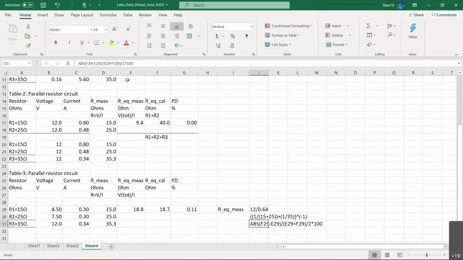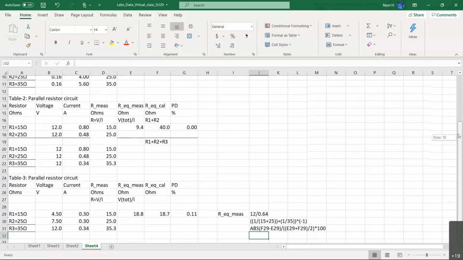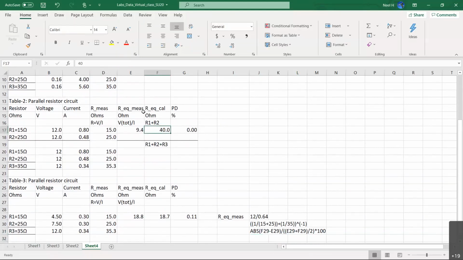Percentage difference right here, it doesn't matter actually. It will calculate the same way because it's a multiplication and division. You can add another parenthesis there if you want to. It will not be any difference at all. Okay, let me complete this table number 2 actually. So let us calculate this one again. Equal sign, 2 parentheses, 1 over 15 plus 1 over 25, close parentheses, power minus 1. Okay, good. Now let me copy that equation to